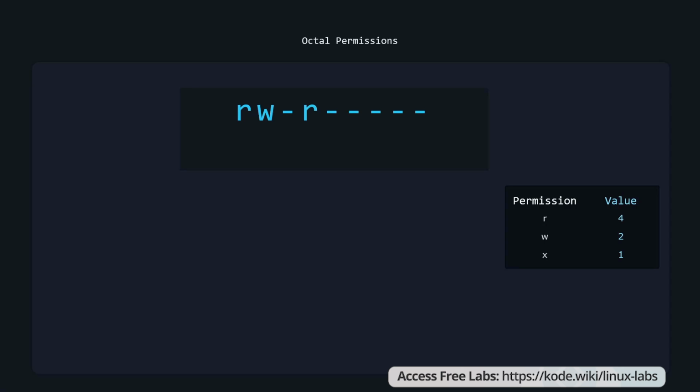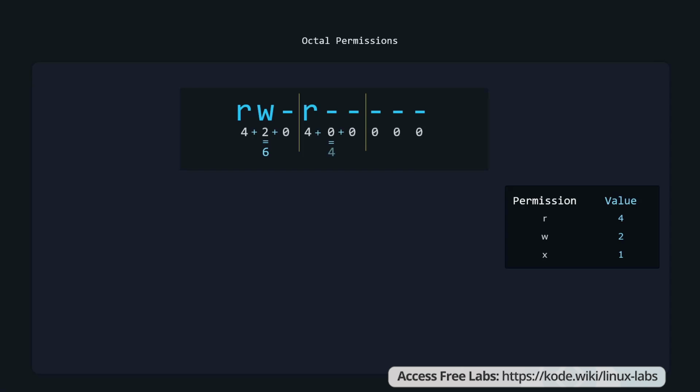For each permission, assign an octal value. For example, 4 for read, 2 for write, and 1 for execute. Then, whichever permission is set, consider the respective value for that, and for the permission bit not set, consider it to be 0. Once done, add up the numbers within each group. So you would get 4 plus 2 equals 6, 4 plus 0 plus 0 is 4, and the last group